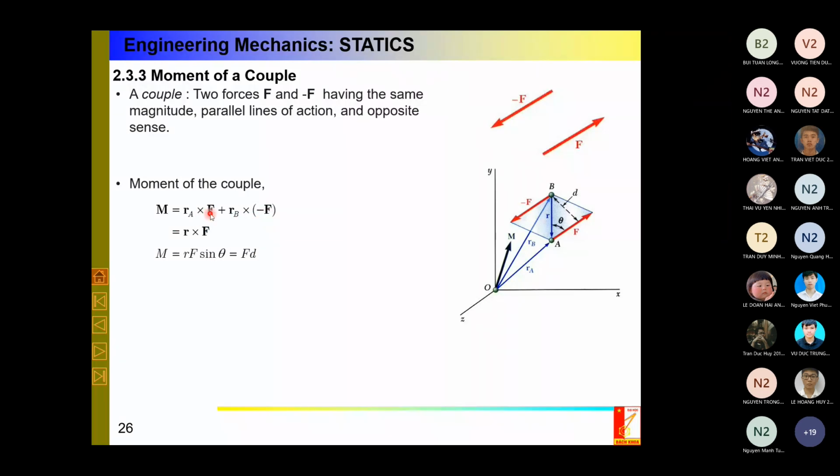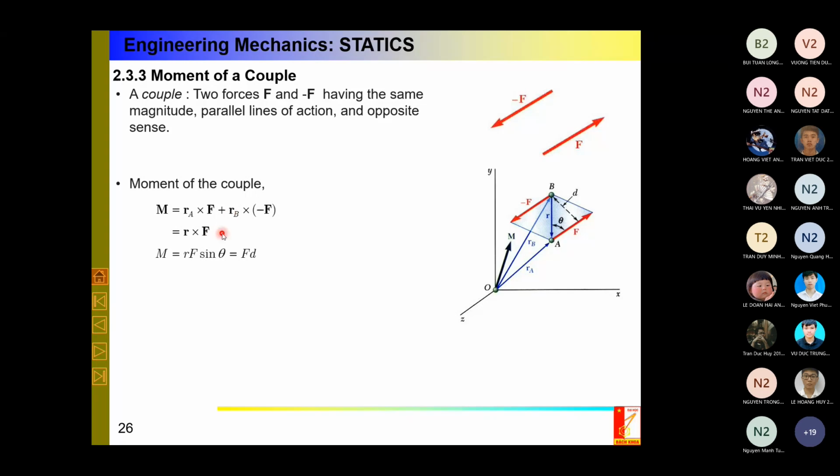And after taking F out, I see r_A minus r_B. Here it is vector R. The result is quite easy, quite nice, and quite interesting. M is R times F. What is vector R? R is any arbitrary vector from one point on one line of application to a point on the second line of application. Vector R, look at this. And R times F, it is quite